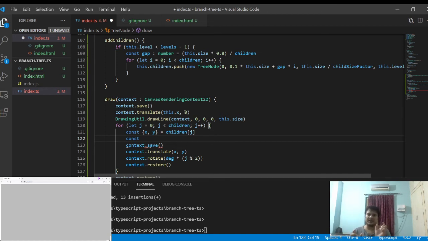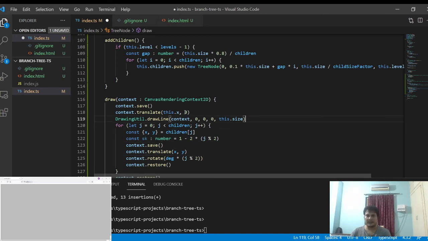To do that, I'm going to have a logic here: j modulo 2. If j modulo 2 is equal to 0, it will be 1 minus 2 into 0, which is 1. And if j equals 1, it will be 1 minus 2 into 1, which is minus 1. So that particular thing I will have over here.